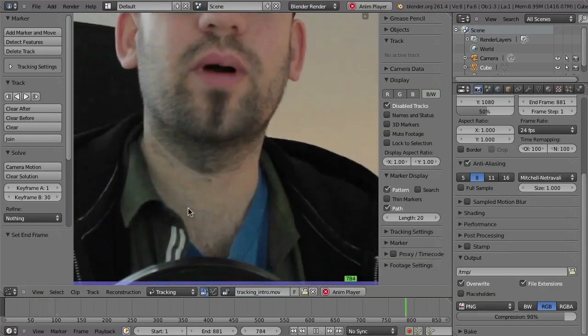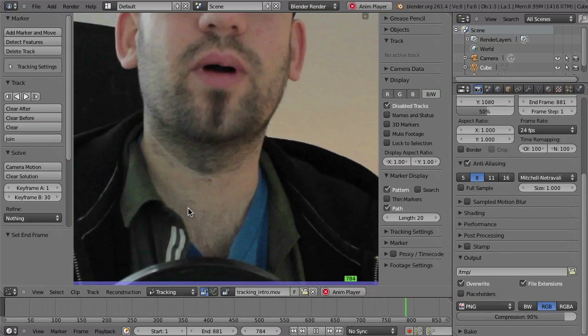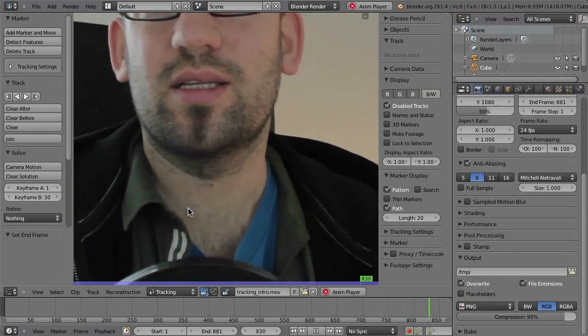The thing is, on OS X, which is my system, just a few days ago I had very bad performance with movie files, especially if they are encoded with H.264. There I had very bad playback because Blender had been using the QuickTime library from my system, but the implementation has been rather bad. So now I have switched to FFmpeg import, which is much better. So actually now I have a decent performance here. So for the rest of this DVD, I will use the movie files directly without exporting to image sequence before. Alright, but now that is clear, I hope.